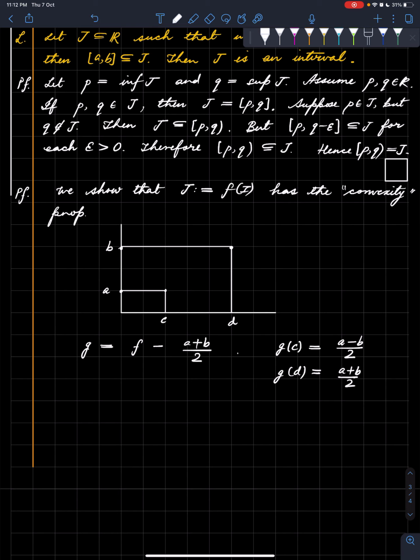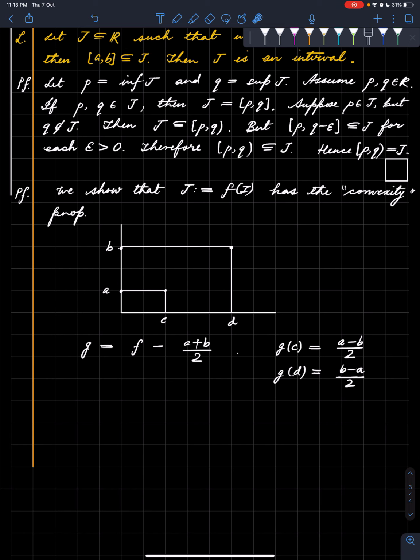Yeah, it should be that geometrically, but let me check. If I substitute b, then this is b minus a by 2. Sorry about that. And that's what it should be. Okay, so this is negative because a is less than b, and this is positive because a is less than b again,